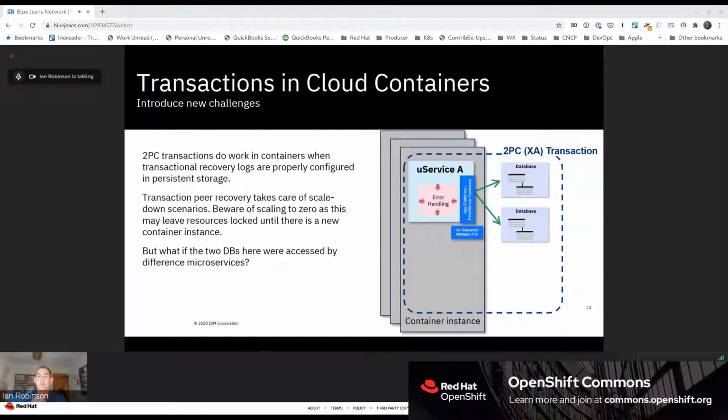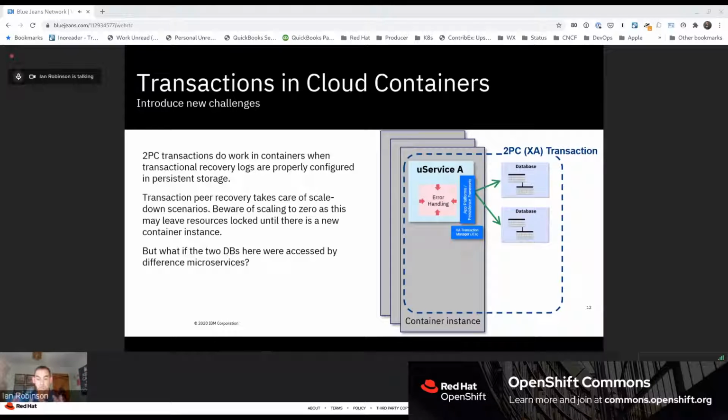So let's talk about running microservices now in containers. All the transaction models that we've talked about before, from local transactions upwards, can run in containers. If you modernize a complex monolithic application today by breaking it down into component microservices that each run in their own container, then the scope of any transaction used by that monolithic application essentially constrains the choices you have when breaking that application down. The picture that I'm showing here works.